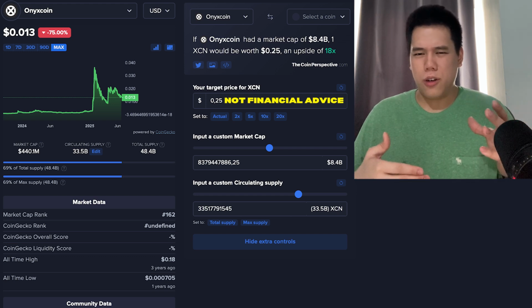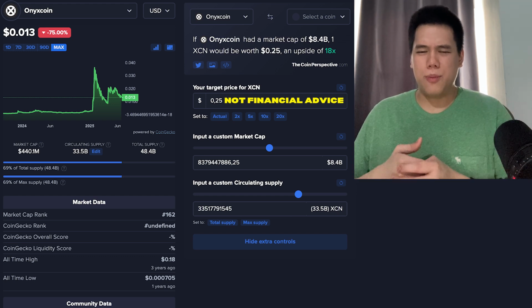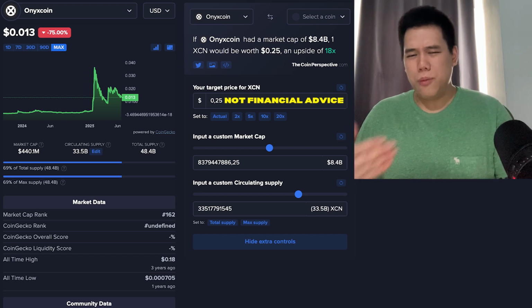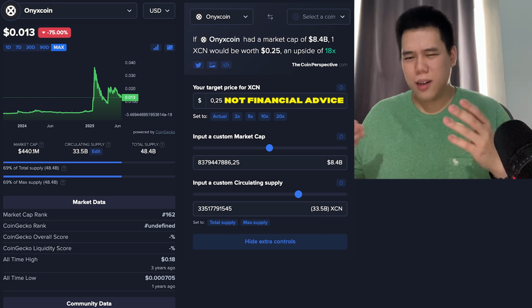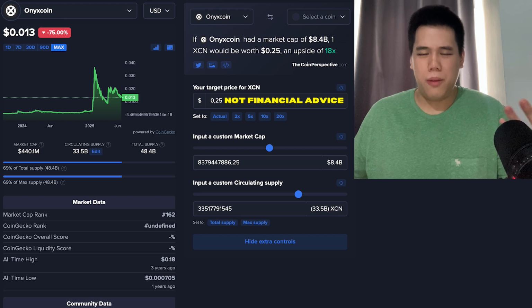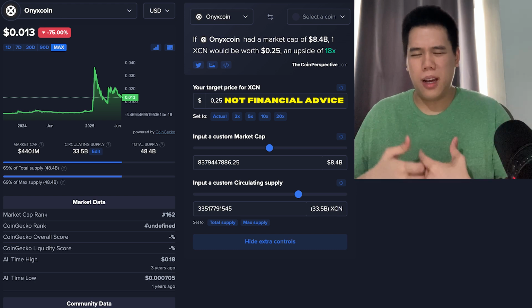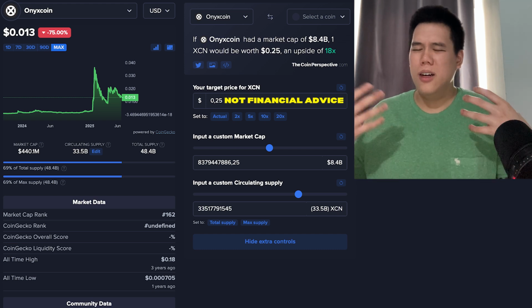I don't pull up price charts. Some people may ask, why don't I do that? It's because if I'm just taking a look at the price chart, how can I know about updates when it comes to Onyx? How can I take a look at its fundamentals? That's not what I want to do. I'd rather focus on what the project is all about, as opposed to doing stuff like that,